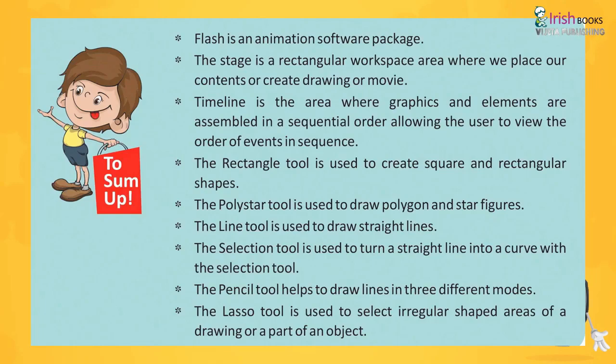The rectangle tool is used to create square and rectangular shapes. The Polystar tool is used to draw polygon and star figures. The line tool is used to draw straight lines. The selection tool is used to turn a straight line into a curve. The pencil tool helps to draw lines in 3 different modes. The lasso tool is used to select